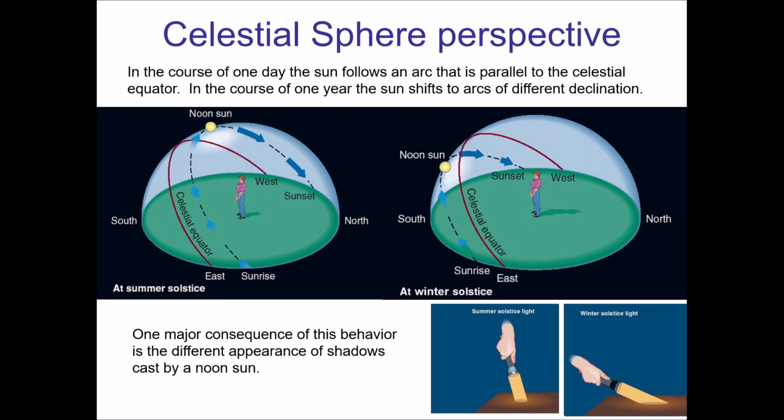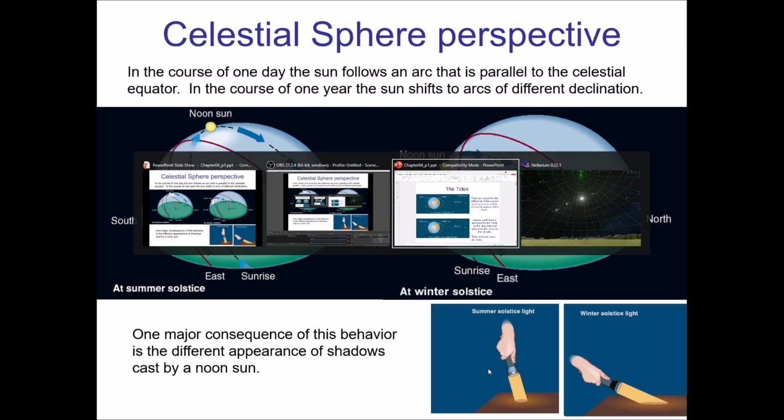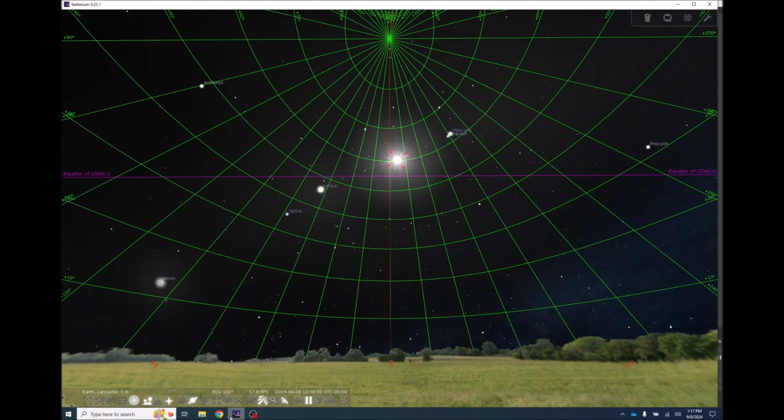I do want to try to illustrate this with the Stellarium program. I have shown you this program before in a previous video lecture. This is sky simulation software. It allows you to choose any location, any date and time, and then you can get a sense of what the sky looks like, and you can simulate movement and things like that. And right now we have this set up so that we're in Lancaster. I'm currently facing south. It is noon on one of the days in early September. I turned the atmosphere off so that you can more easily see what's going on with the sun.